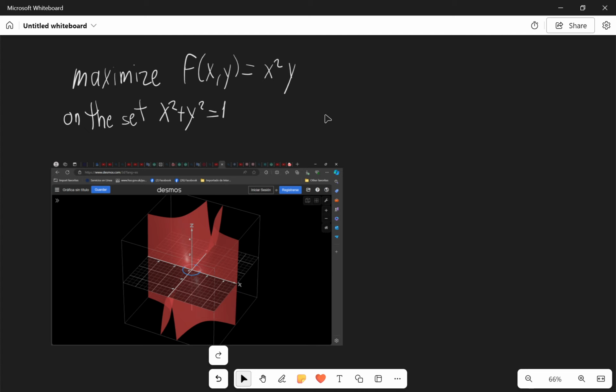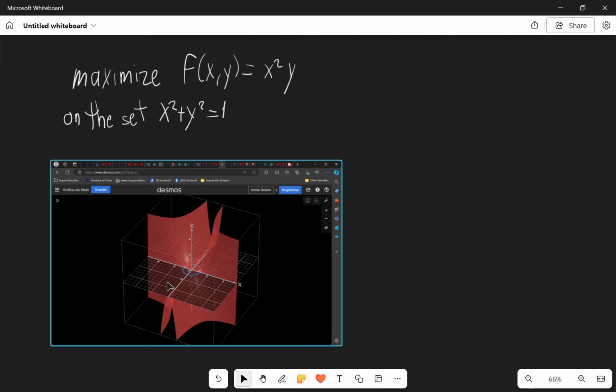This kind of stuff has to do with Lagrange multipliers and that sort of thing. And today I'm coming up with this example. So what we are up to here is we want to maximize this function f equals x squared y squared on the set x squared plus y squared